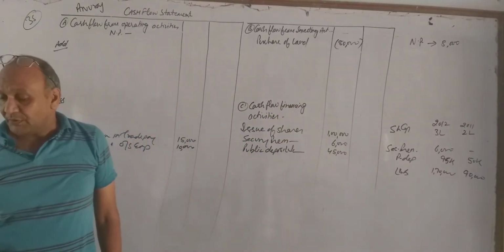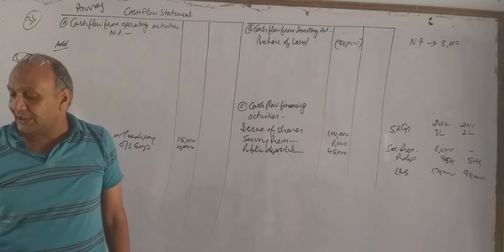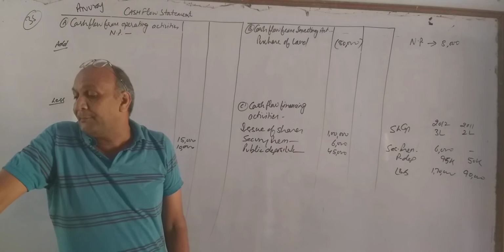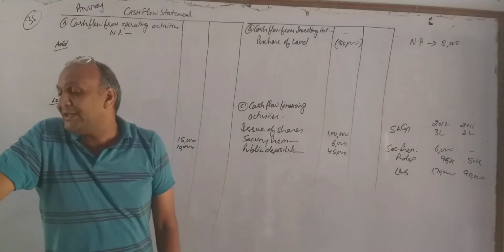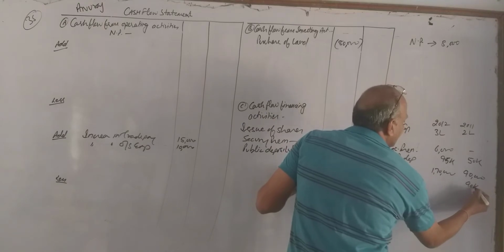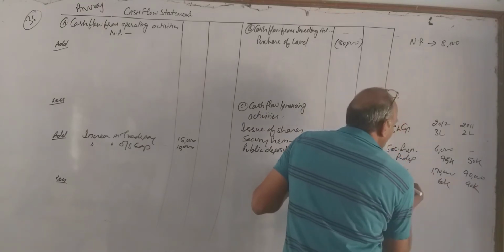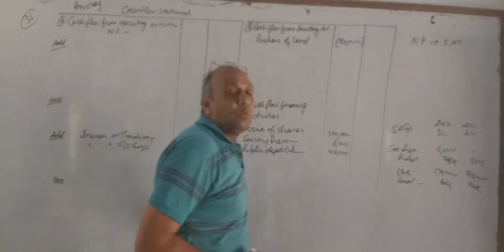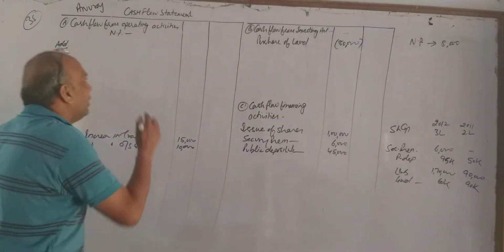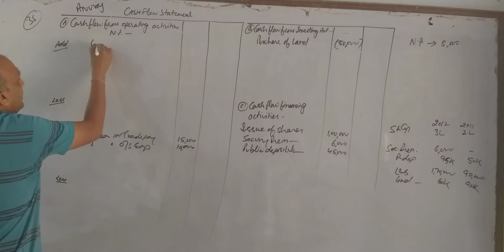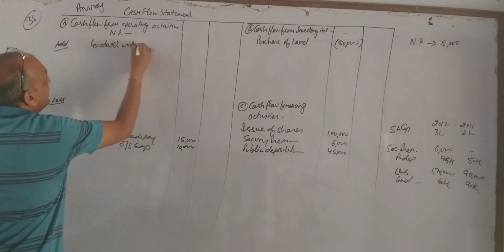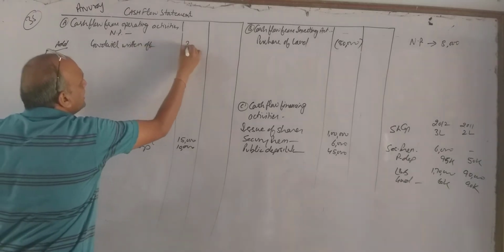After that, we have given intangible assets. In intangible assets, note number 5. And we have given goodwill and patents. Last year goodwill is 90,000, now 60,000. So goodwill is reducing. So what could be the reason for reduction of intangible assets? It means they are written off. And we will write over here goodwill written off. It is 30,000 rupees.